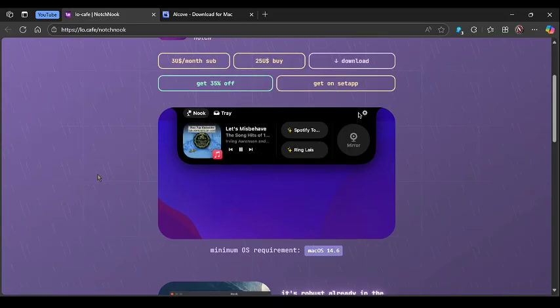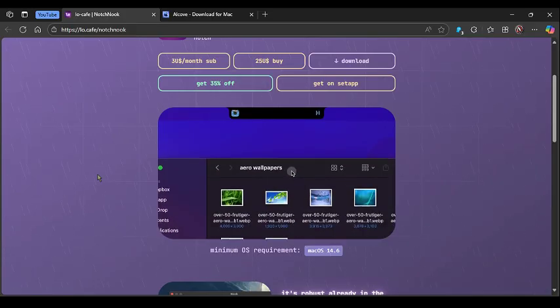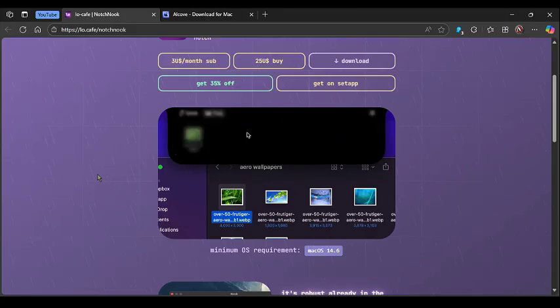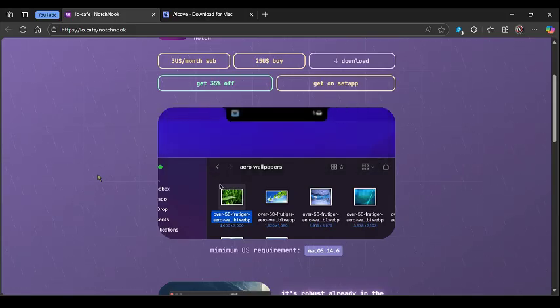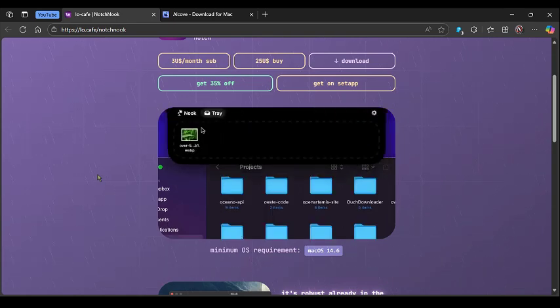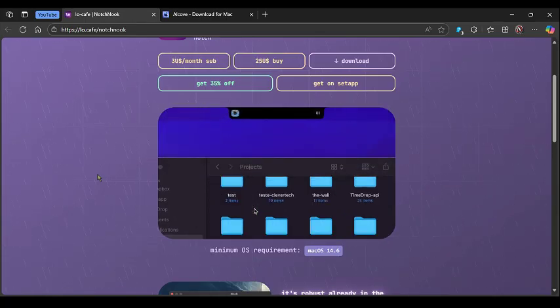Notch Hook in 2025 is a sleek Mac utility that transforms the notch into a handy productivity bar, adding widgets, media control, and even app access. It's lightweight, easy to use, and even works on Macs without a notch, making it versatile and polished. The limitation is that it's still fairly minimal, so users wanting deeper integration or advanced tools may find its tools